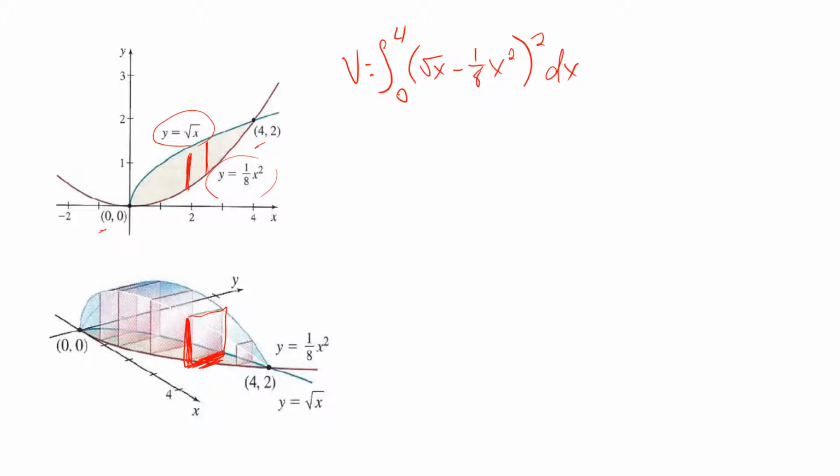Now here we could distribute. When you distribute the square, remember this isn't square root of x squared minus 1/8 x squared squared. You actually have to distribute to get 3 terms. Don't be that guy. And if you're doing it by hand, I recommend that first. You don't want to integrate from here. Or you could plug this into your calculator, or integrate by hand and then plug it into your calculator to check your work afterwards. When you do, you'll get that the volume here is